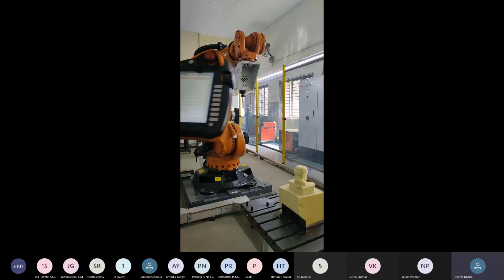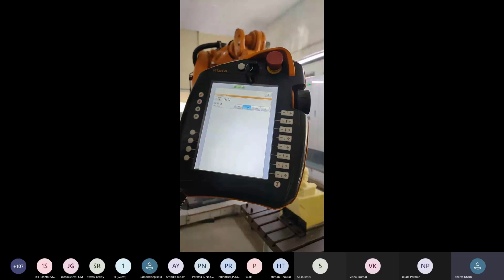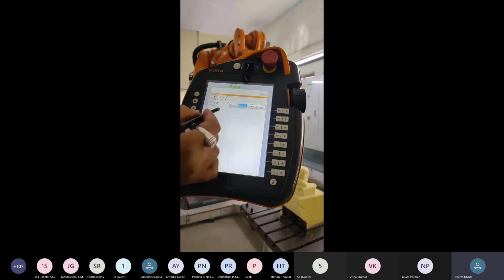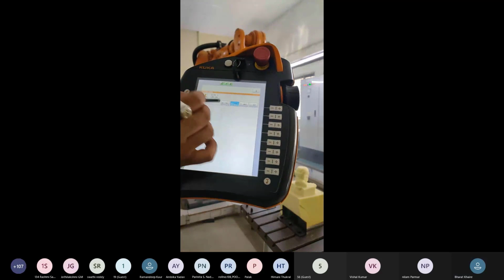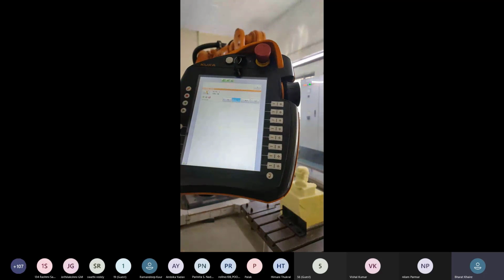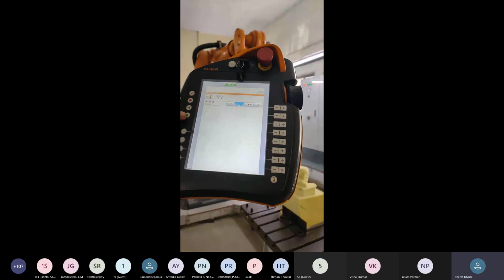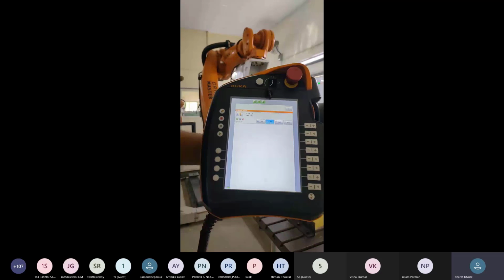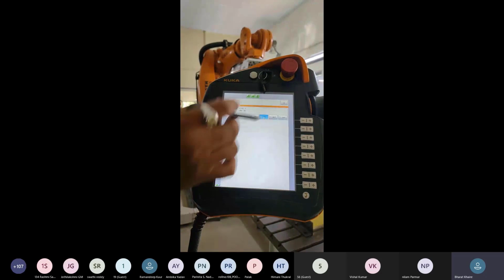Now we are going to change the mode. These 4 modes are given to operate a program in different methods. So the first one is manual mode. We can press continue, drive on and the play button, but it will be a slow motion, 250 mm per second. We are going now to test the program in T2 mode.